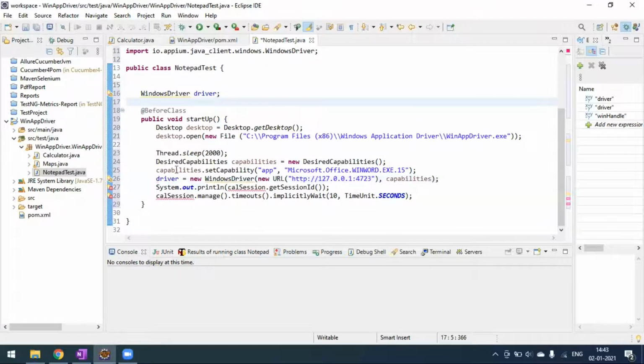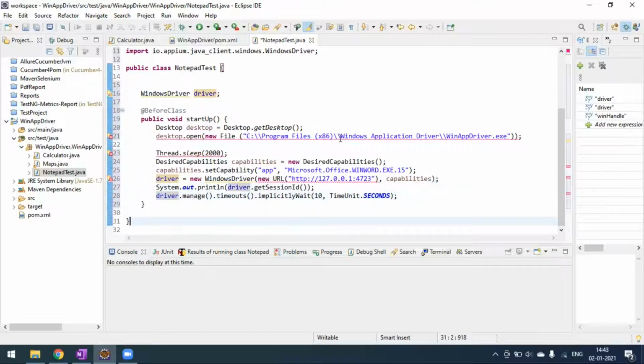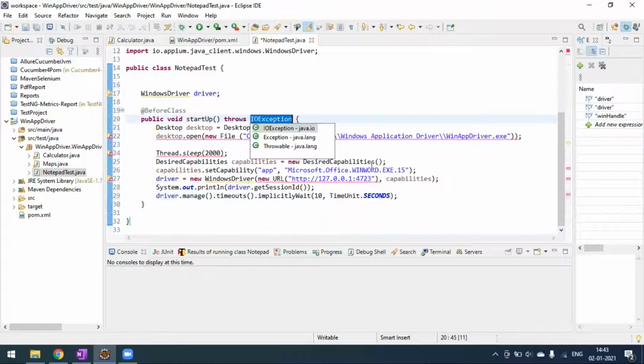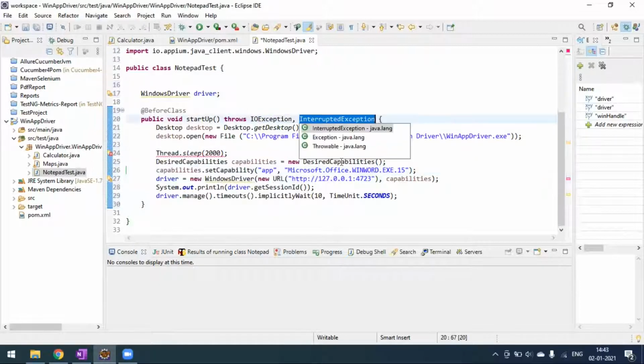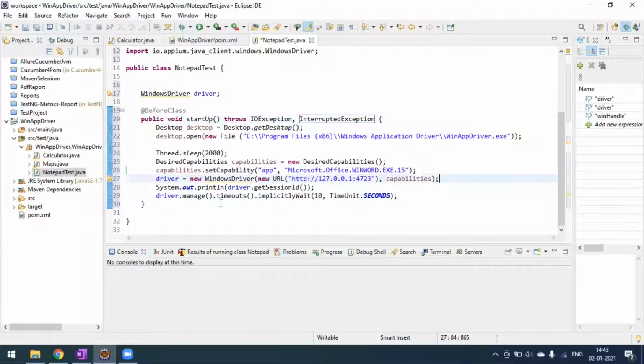Now we can take this driver and replace it with all this calculator session. We have to add this declaration. That's all. So the BeforeClass method is ready now.